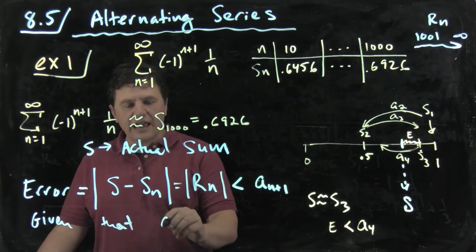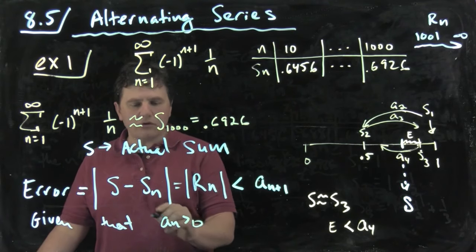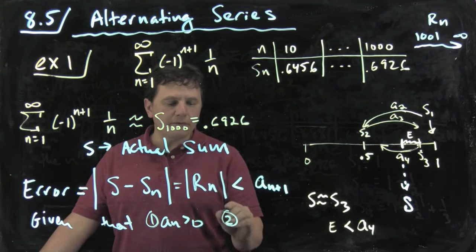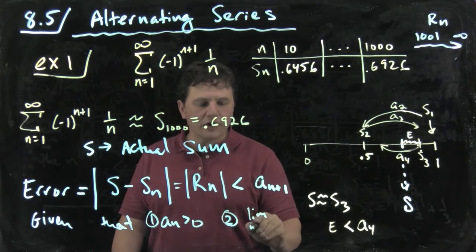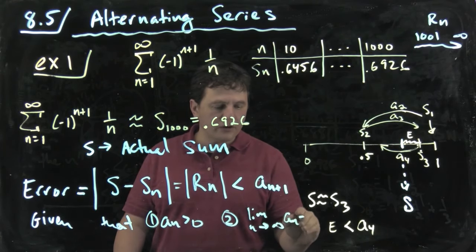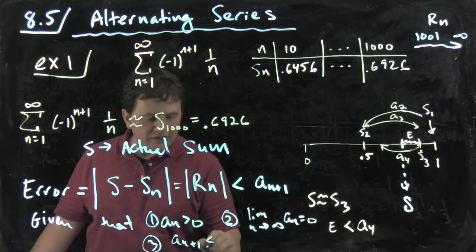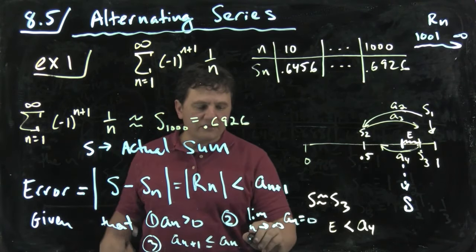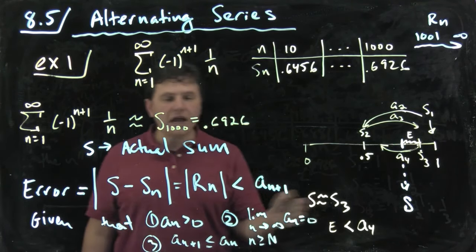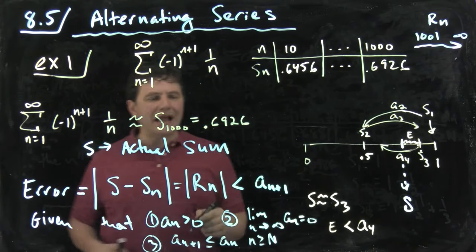So in other words, A sub n is greater than 0, number 1. 2, the limit as n goes to infinity of A sub n is equal to 0. And 3, A sub n plus 1 is less than or equal to A sub n. And this is at least true at some point. Okay? So now what I know is my actual sum,